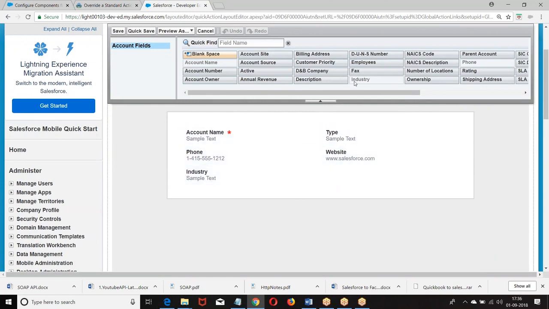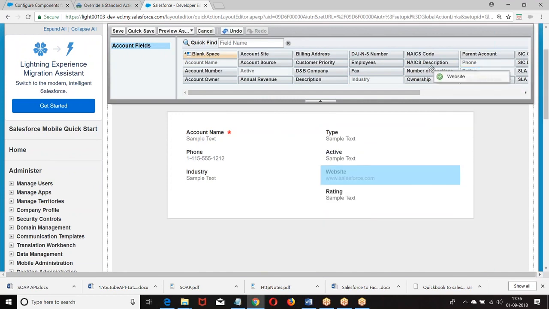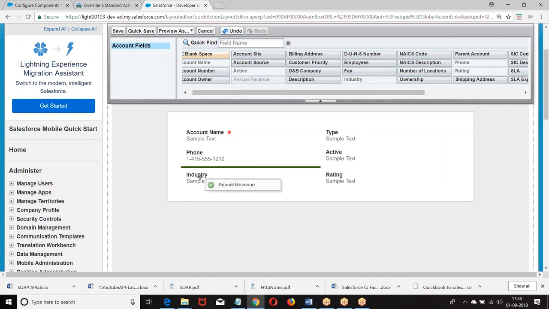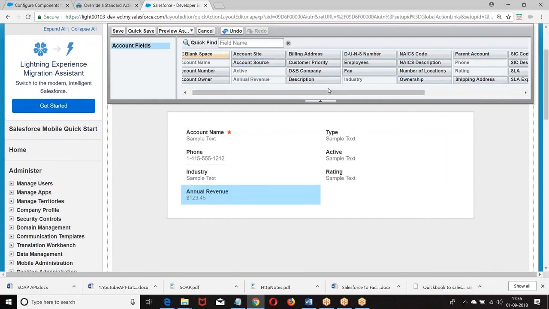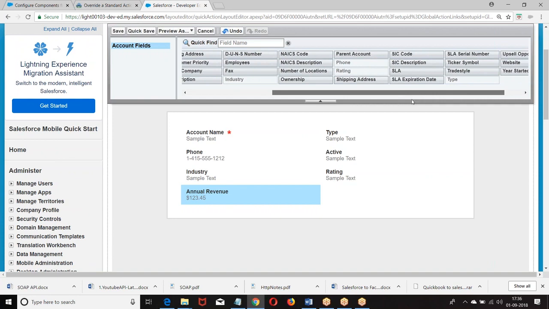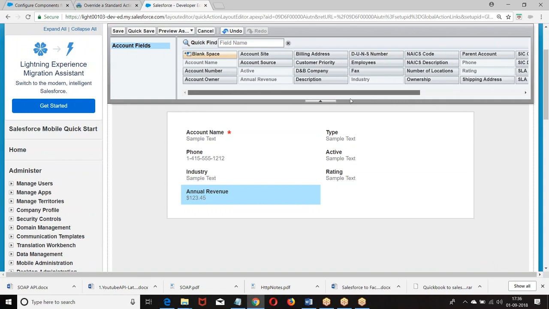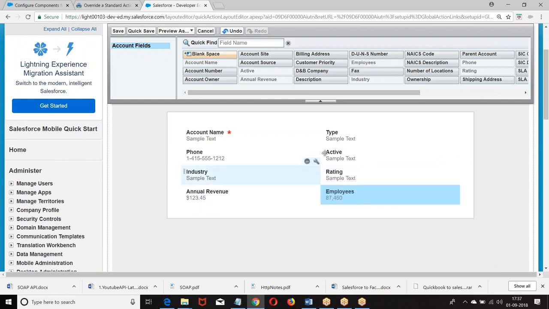Name, phone, industry, type, annual revenue, then account ownership, number of employees.